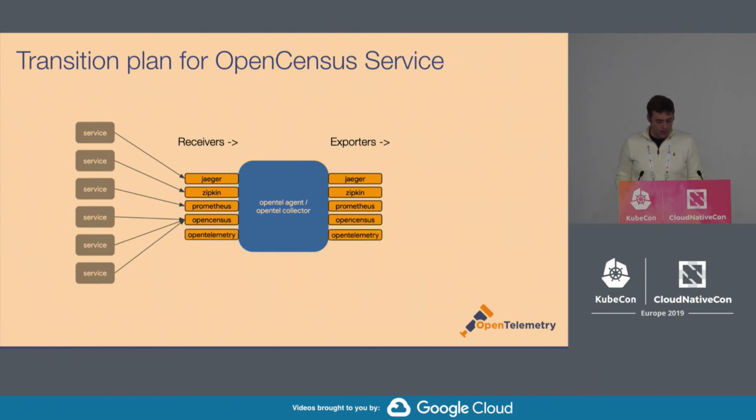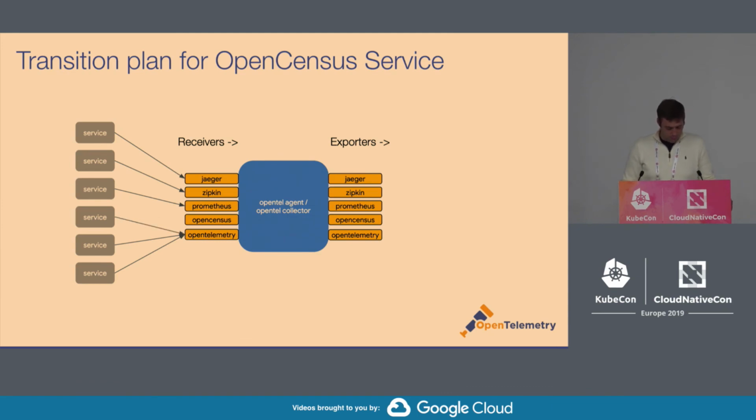Then we'll have to add support for the new protocol, the new OpenTelemetry data format, which changed from OpenCensus. And after the upgrade of the sidecar, you will be able to slowly start changing new projects to use the new protocol. This will be for incoming traffic and outgoing traffic as well.